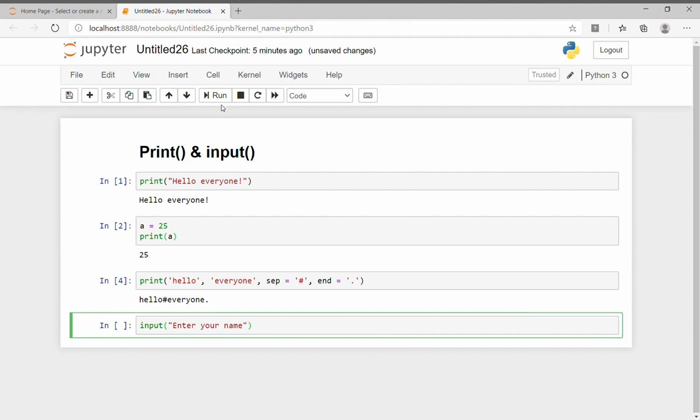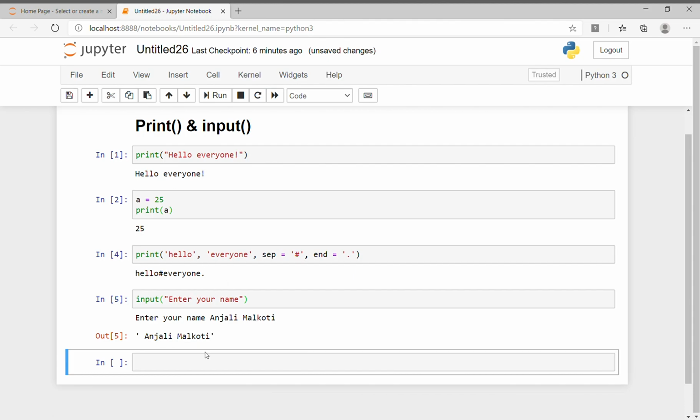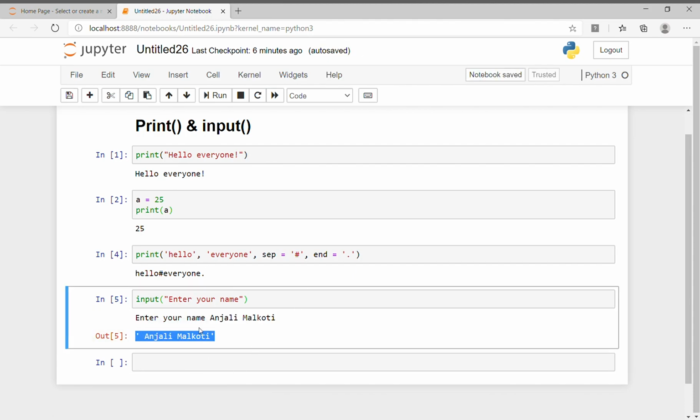Now I'm going to execute this particular statement, so it is going to take input from the user. Now I'm going to give my name here, and after executing I'm getting Anjali Malik. So this is the way we can use the input statement.